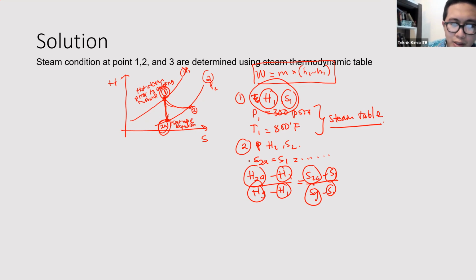Once you have calculated H2A, we can calculate the enthalpy at condition number 2, which is H2 here. So if we make the assumptions,